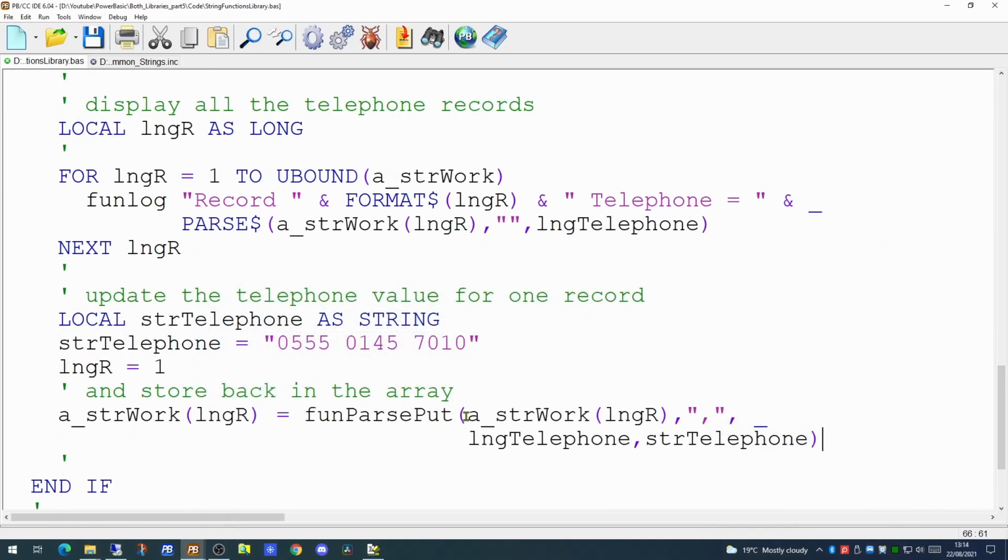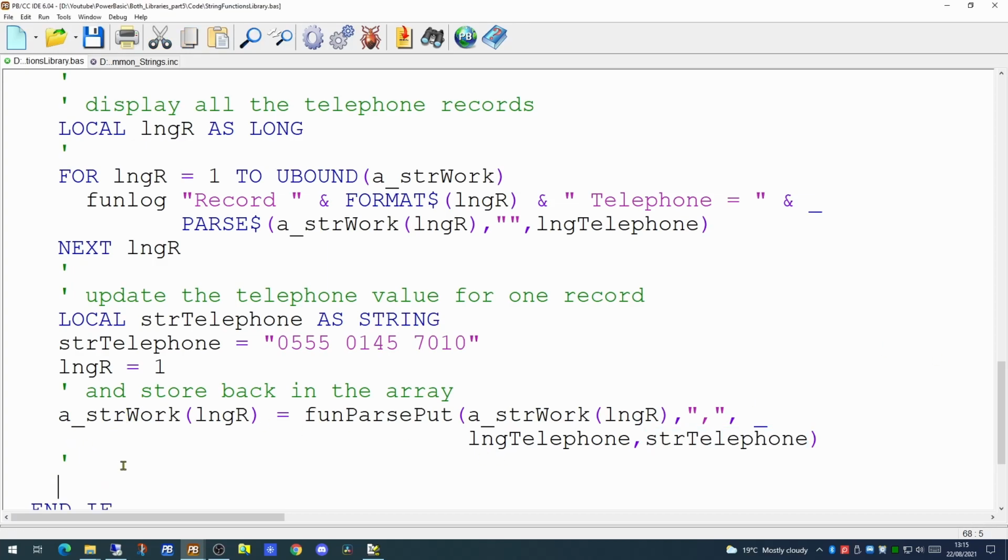And we're passing it the element of the array, which is the entire string. We're passing it a delimiter of a comma, the column that we wish to update, and the value we want to put into that column. And the function will return the entire updated string,